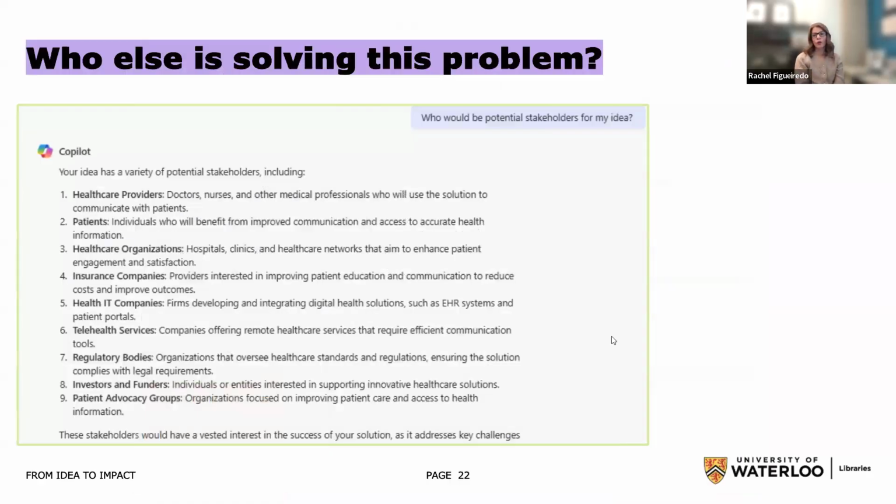Okay. We've got a few more minutes left, and I promised that I would talk about how to use some tools that I'm sure you're already using, but maybe thinking about using them in a different way to support this ideation research. So I went into Copilot, and I will say from Waterloo's perspective, Copilot is the tool that they